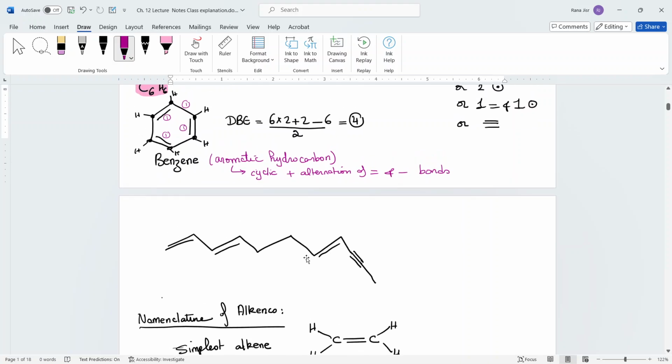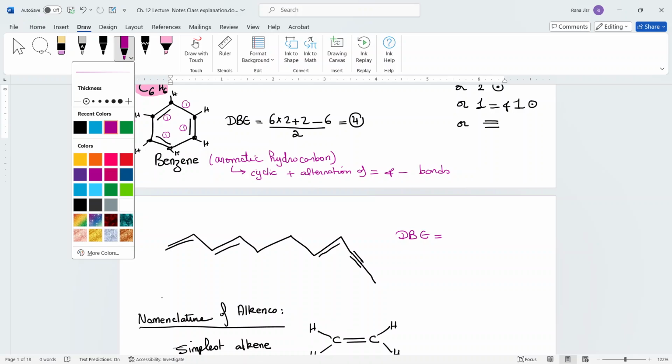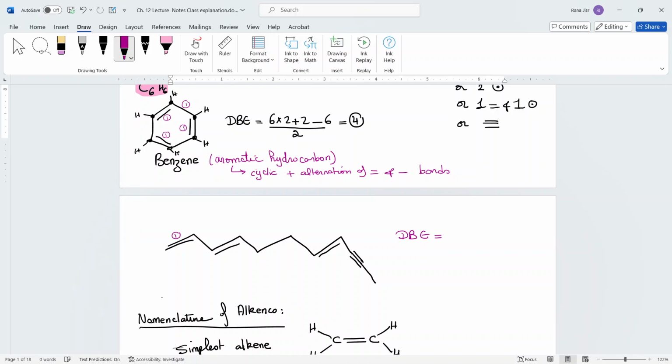Another example is here. Again, same thing. Go ahead and calculate the DBE. So you have two options. Either go ahead and figure out the molecular formula for this whole thing, that will take you time, or apply the rule that says that every double bond is a DBE of 1. So I have here 2 double bonds, 3 double bonds. So far I have a DBE of 3. And a triple bond is a DBE of 2. So I have here a DBE of 5. Just add them up and the DBE is going to be